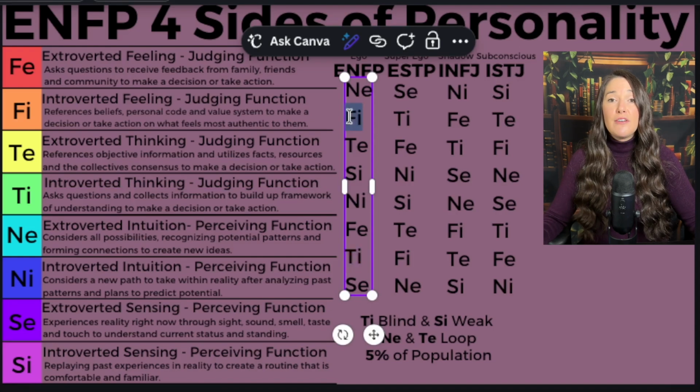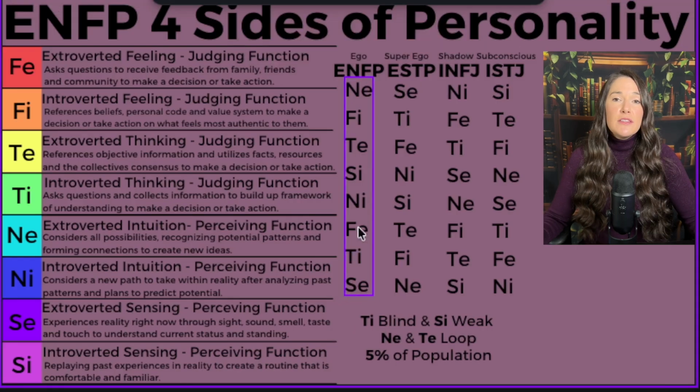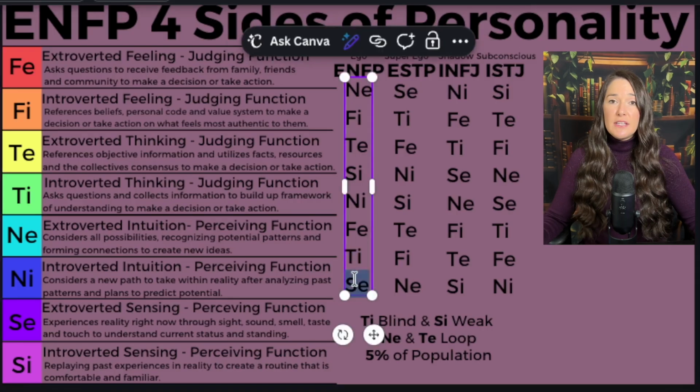Your Fi, the vibe, your morals and values, how you feel about a situation, more than if you think it's actually logically plausible in this reality. And then within their ego, the last function that they're considering is Se, meaning these individuals are not superficial people. They do not care about people's status, current standing, what they've accomplished in this world. They do not care about how you look, about your fashion, about your aesthetics.